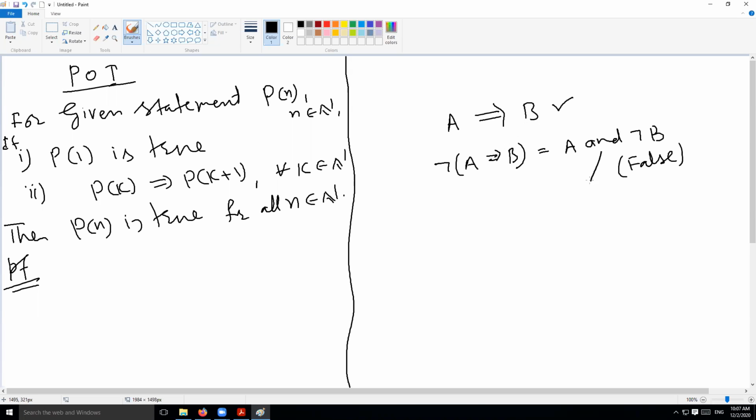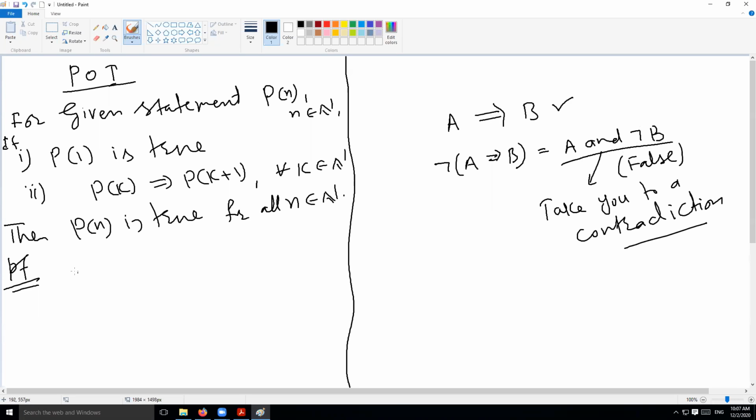We will show that A and negation of B, in other words, if you assume this, will take you to a contradiction. So anything that takes me to a contradiction, just throw it away. It must be false. So if A and not B takes you to a contradiction, then A and not B is false. And if it is false, what is true? Its original statement or its negation, which is A implies B.